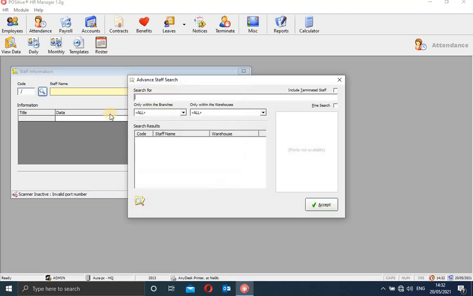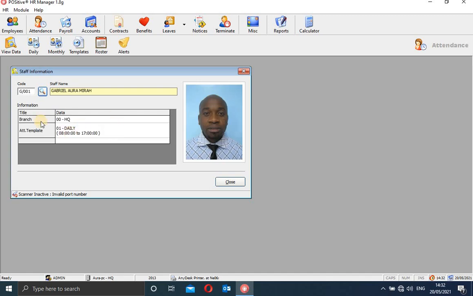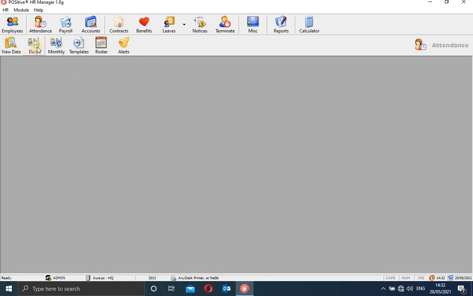If you are only curious about a certain employee, you can come here and say, let me check this employee here. Okay. So it comes there, then you're able to see which branch he belongs to. It is HQ. Attendance template, he's on a daily template. So this is just information for you to grab about a particular employee.